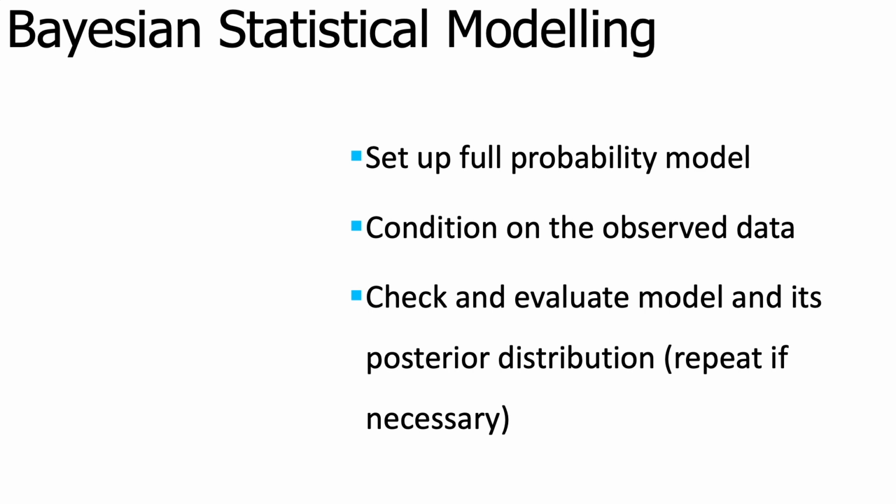First, we specify the full probability model. That is the model that represents what the phenomenon of interest is, how it is being influenced by outside factors, how we are able to measure that phenomenon, and how we are able to measure these outside factors, because it's not always the situation that the independent variables are what actually influences the process. It might be some kind of observable thing about